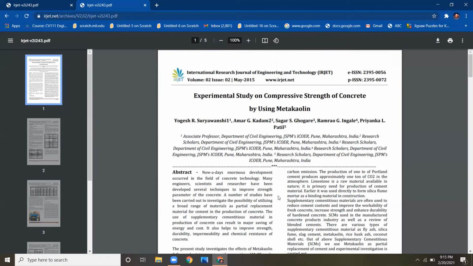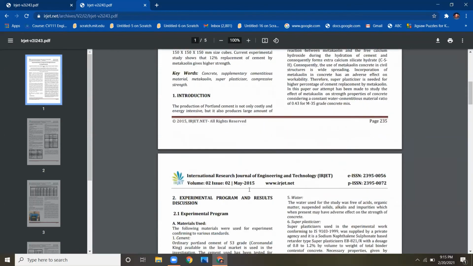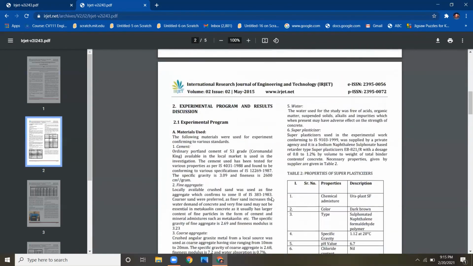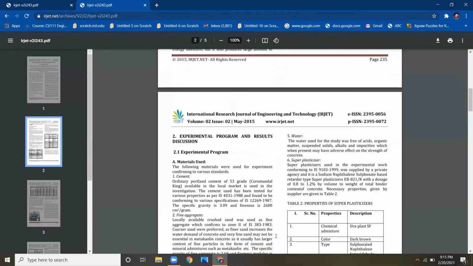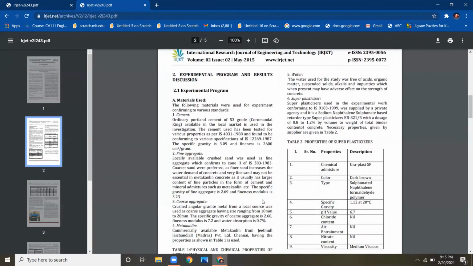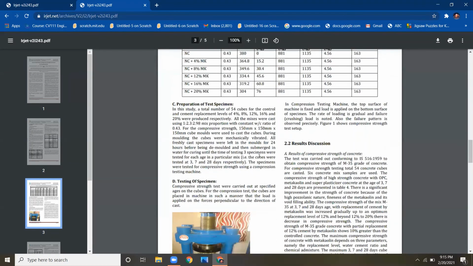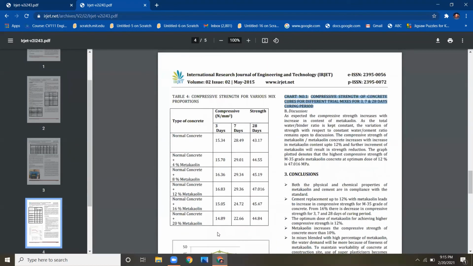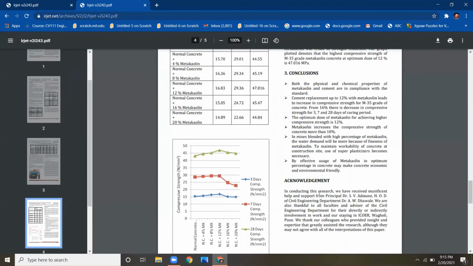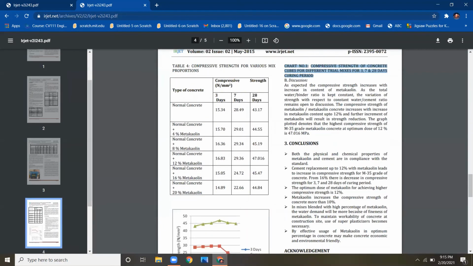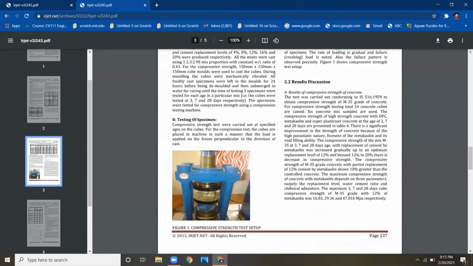So hopefully you will understand it. For example, in the coming week, we are going to do the consistency test of a variety of cement. So you have to write down the report like this. First, you have to write down the abstract, then the introduction, then the experimental program, and then you have to tabulate your data. Then you have to create this graph as well, and then you have to discuss your conclusions.